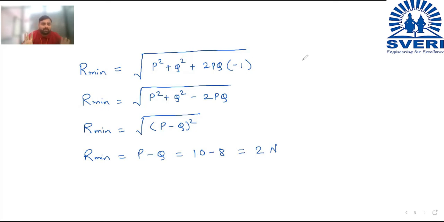We have solved up till now 3 numericals, 3 examples. Anybody having any doubt? No, sir. Okay. Now I will write the 4th example and I will give you some time, and you have to solve that example and tell me the answer. If you are not able to solve it, then I am going to solve it on the board. So now try to solve it by yourself.